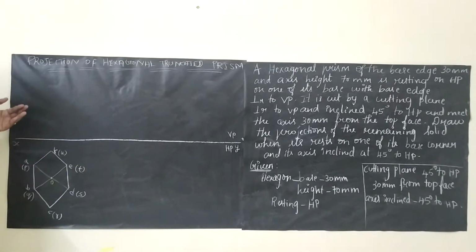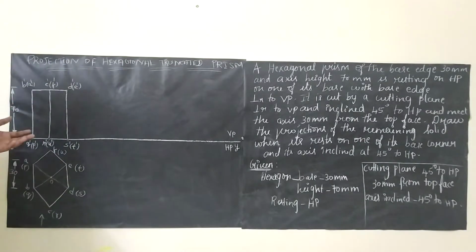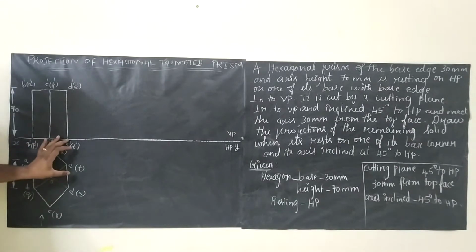Next step is, we will be drawing the front view. Just extend all the points. And the height of the prism is 70 mm so that we can easily get the front view. The front view will be a rectangle shape. So front view we know very well, the prism height is 70 mm. So from here, see here, we can easily get the points B and A. Just keep the scale here so that you can get the point here, and keep the scale here so that F point can be replaced here. And if you keep the scale here, you can easily get the point here.